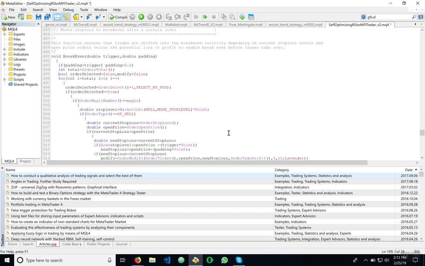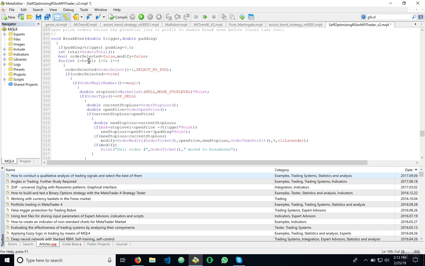And what it basically does is it checks the padding versus the trigger, and if the padding is greater than the input trigger, then it triggers the break even, and upon trading, the expert advisor will make sure that there is potential to break even on trades, more so than a runaway loss